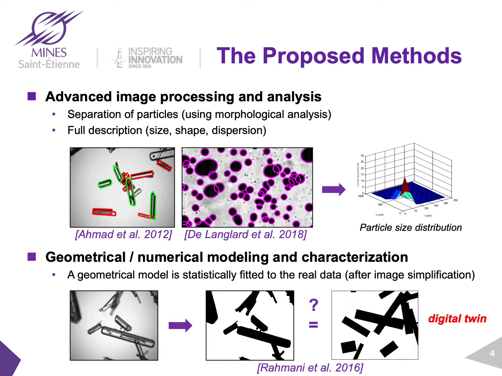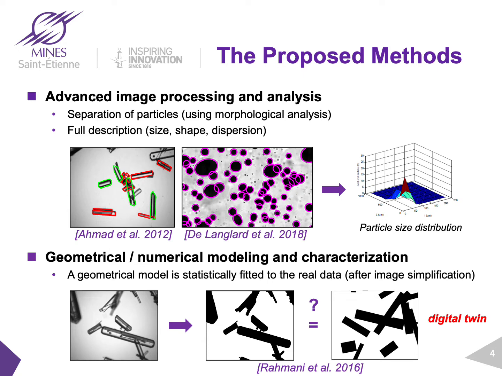The second method we proposed is very different in the sense that we do not make image processing, image analysis to recognize some particles, but we use a kind of inverse approach. For example, if you start with this 2D gray level image, with image processing you can simplify the image with image segmentation. You can binarize the information. So black is the crystals and the white is the background. And the objective here is,